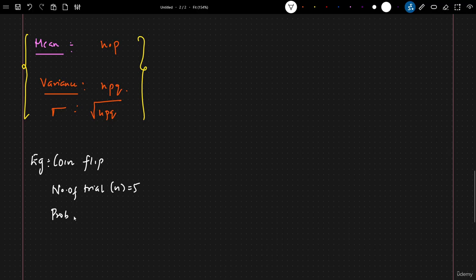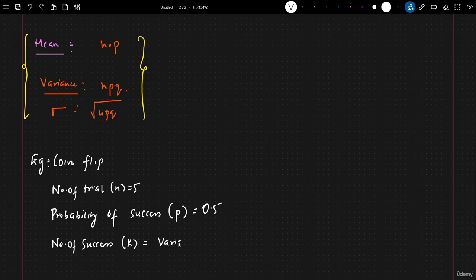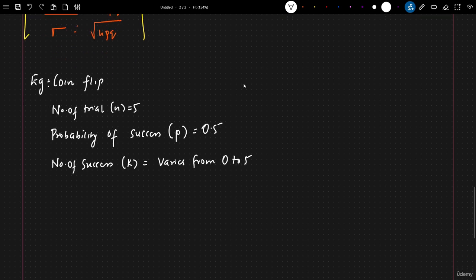What is the probability of success for a fair coin? That is my p. It is 50%, so 0.5 since the coin is fair. Now I'll write the number of successes. The number of successes is denoted by k, and it can vary from 0 to 5. Now let me tell you what kind of question may come as a data analyst. What is the probability